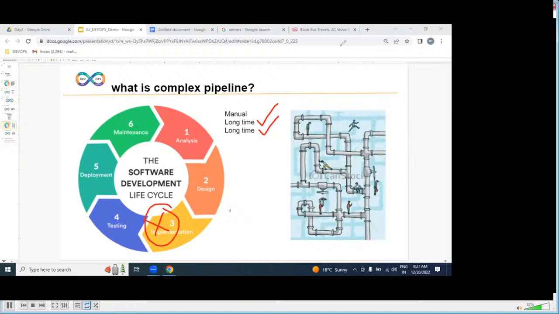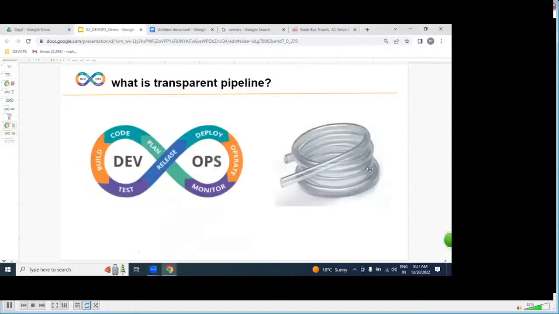But what are we expecting? I don't want this complex pipeline, I want to replace it with a transparent one. I want to visualize a transparent pipeline: the same water, everything is the same, but transparent.